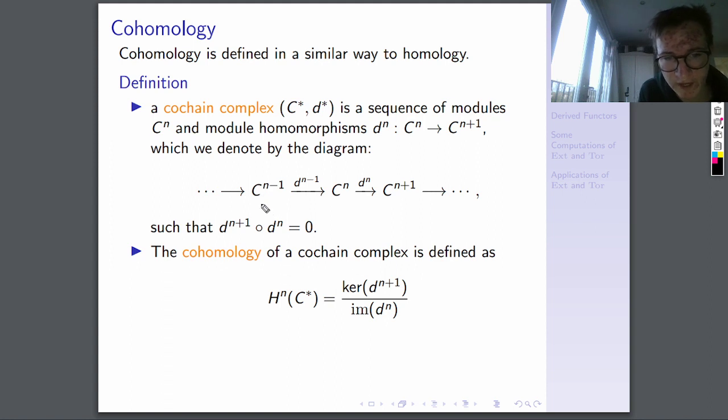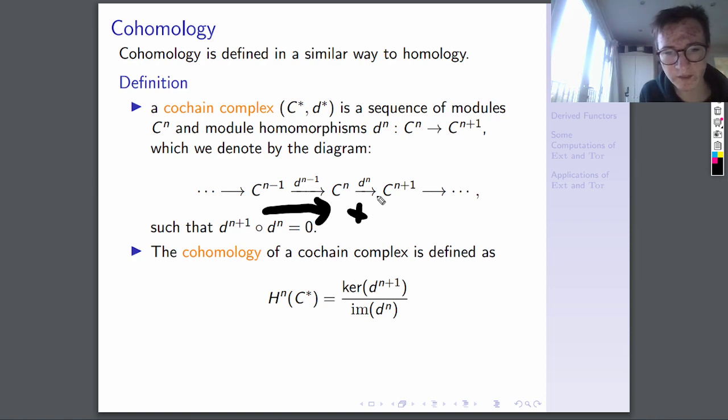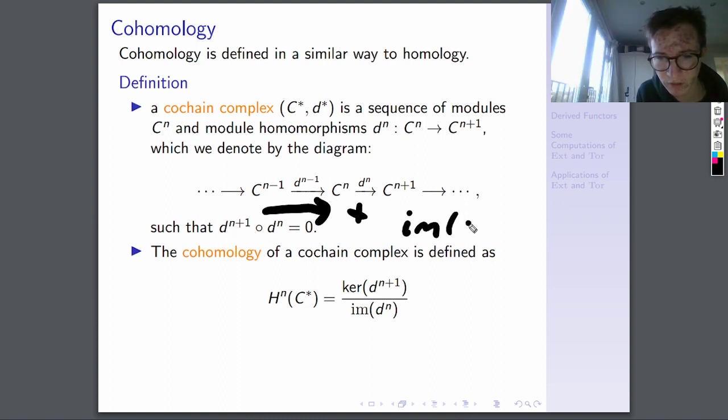And dually, so very similarly, we have cohomology, where this time we deal with a cochain complex, where this time the differentials are increasing rather than decreasing, and so we have this condition here, and so this time the image of d^n, and note that sorry, this is a bit too thick now. Note that